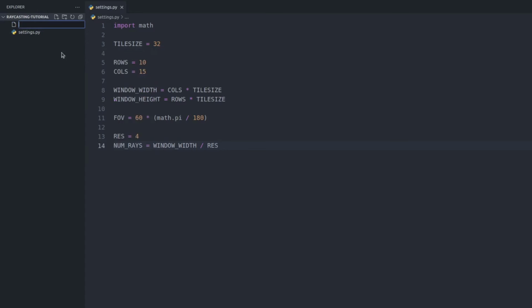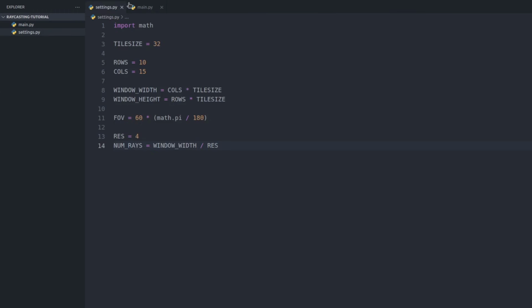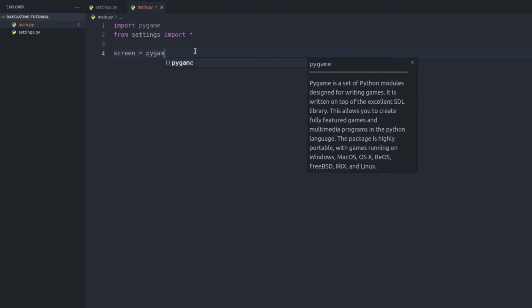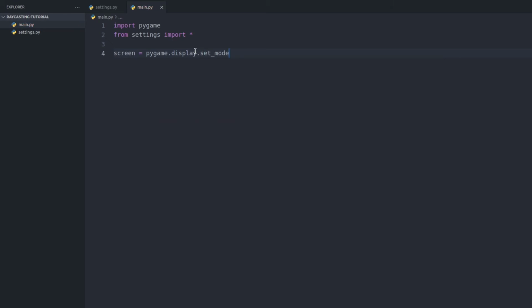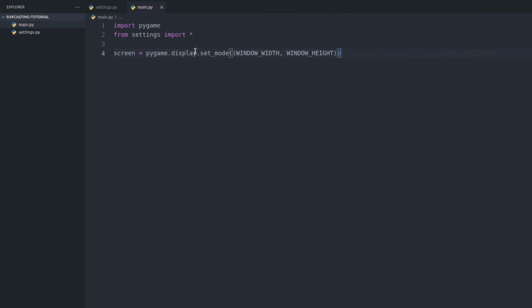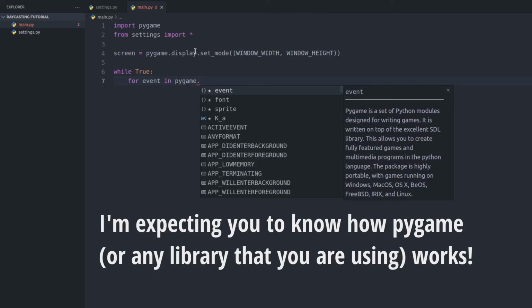Now what I'm going to do is I'm going to set up a screen to be working here on Pygame. So let's import Pygame, and let's import the settings which we just made. All of these settings are going to be imported, and we can define the screen to be pygame.display.setMode, and this is going to be the window width and the window height that we defined, while true. And we can say for event in pygame.event.get,